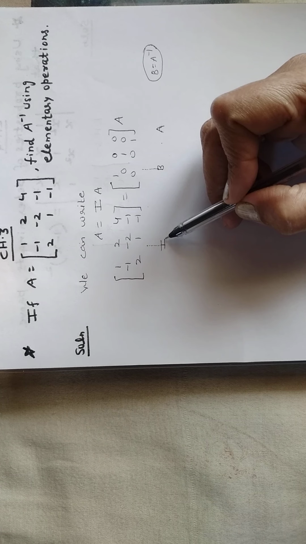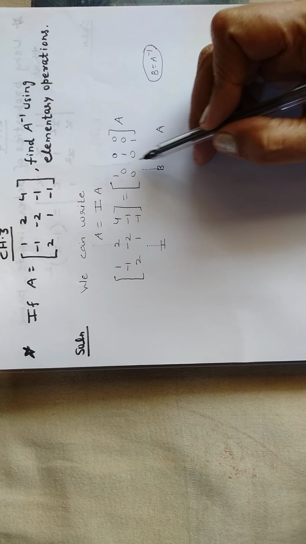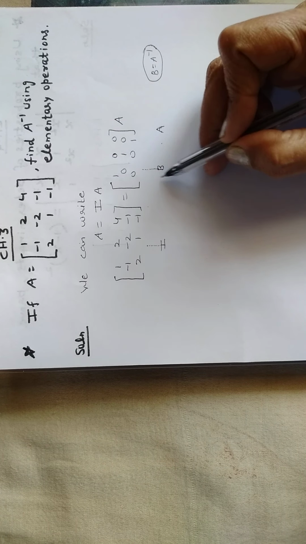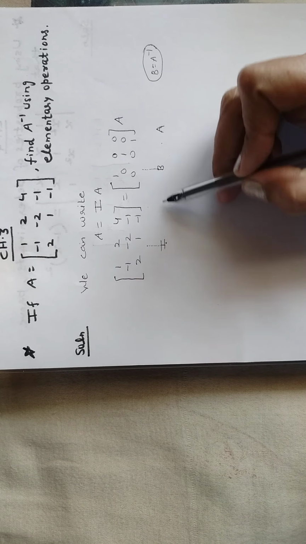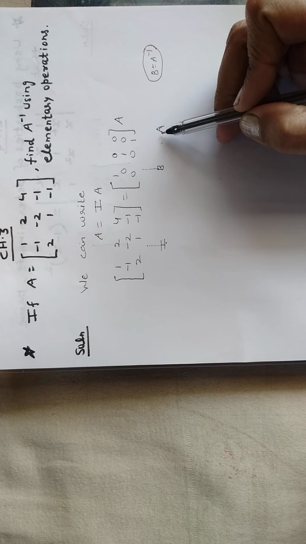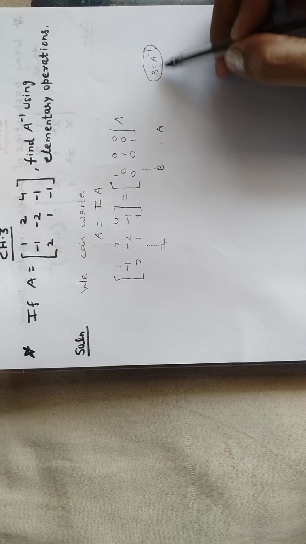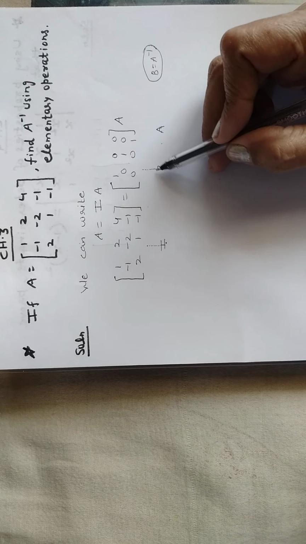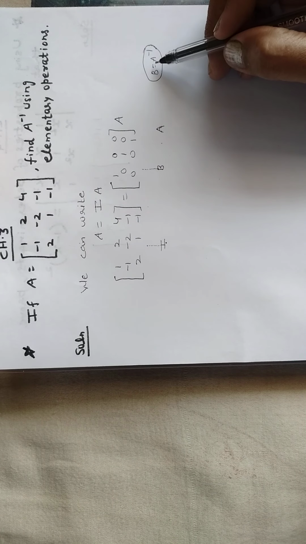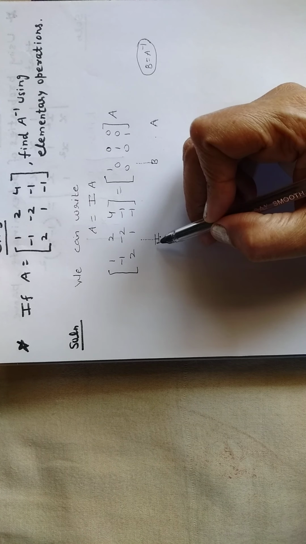Now you will apply operations on both sides of this equation till the left hand side becomes I, the identity matrix, and the right hand side will automatically change into some other matrix, say it is B. Then finally your equation will become I is equal to BA, and then this B will work as A inverse. That will be your answer. Whatever matrix you will get here, that will be your A inverse. Now let's start solving. You have to make this matrix I.